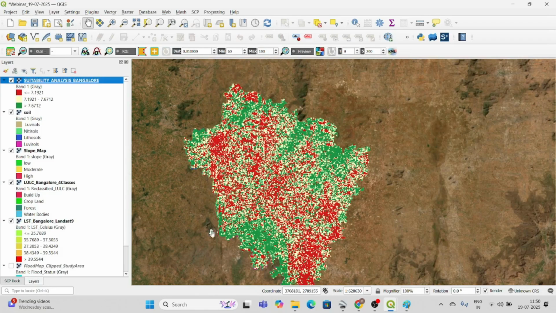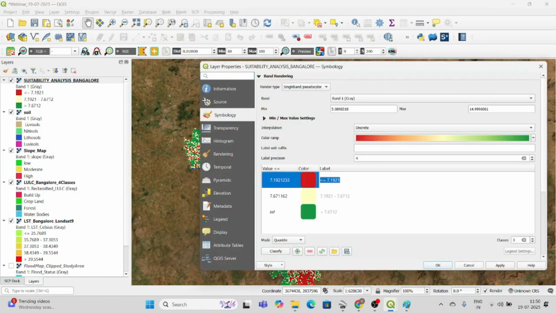Now you can see my areas, which are suitable. Here I can also change the values and the colors. Less suitable, moderate suitable, and here highly suitable.